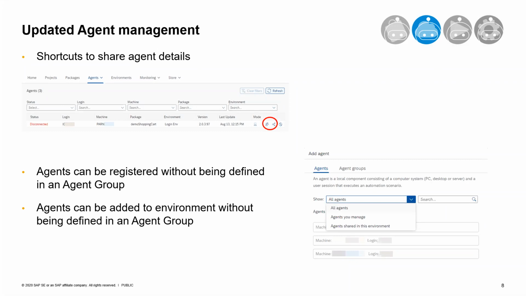Secondly, on the previous releases, you had to always define agents inside an agent group in order to use them in environments and therefore launch job executions. However, this is not very useful when you're doing just small deployments. Therefore, you can now register agents without having to necessarily define them in an agent group, and you can directly add them inside your environment.